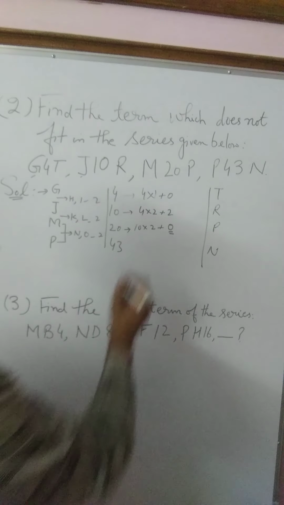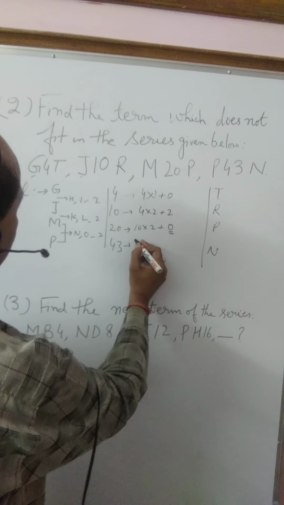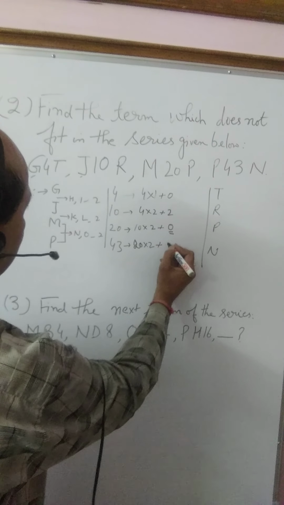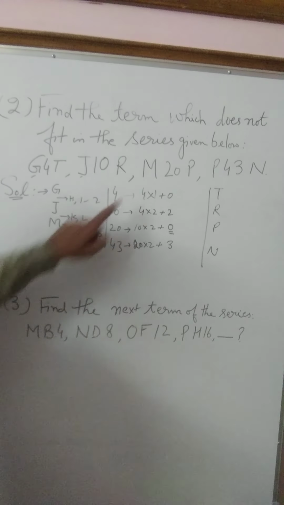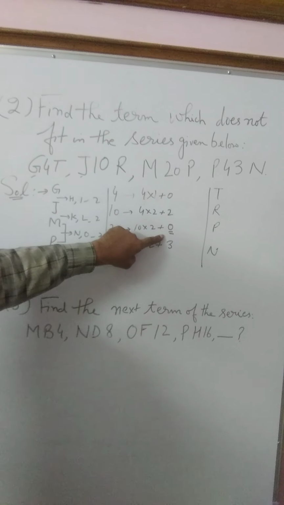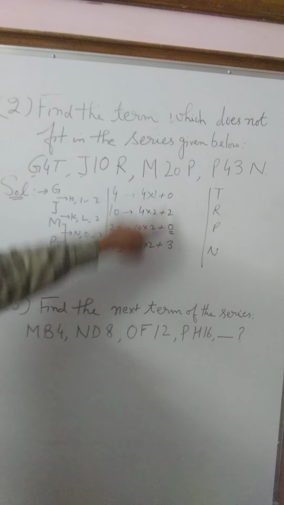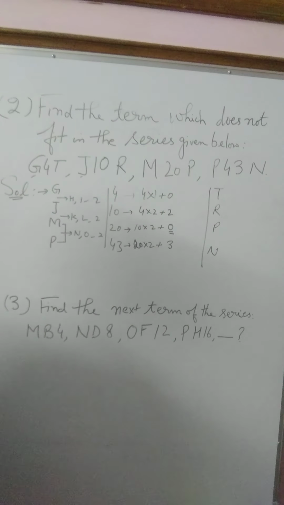as our assumptions. Then 43, that is equal to 20 into 2 plus 3. So a certain pattern is missing here. What is that pattern? We are starting from 0, then we go direct to 0, then again come back to 0, then again come to 3. So there is no sequence in it. Others are in the sequence if we see carefully. So what should be the concept here?